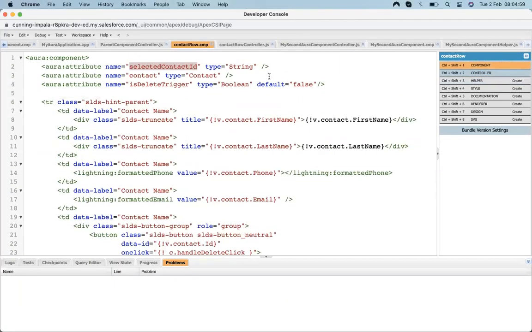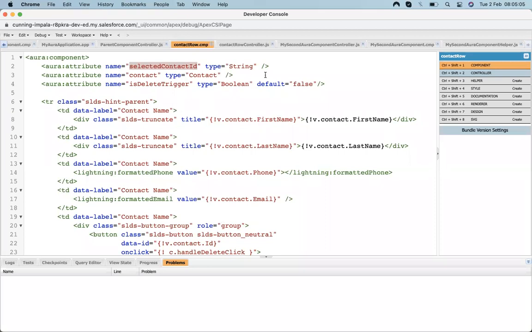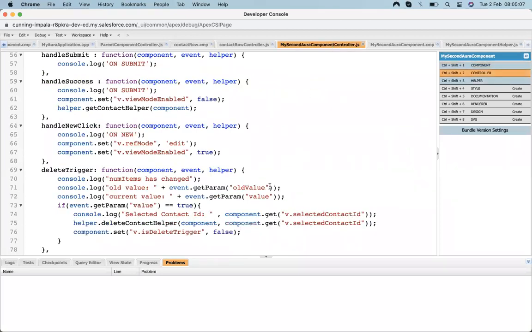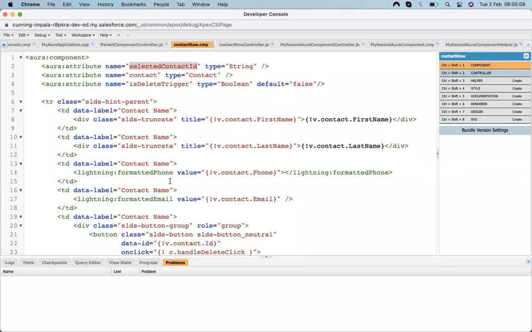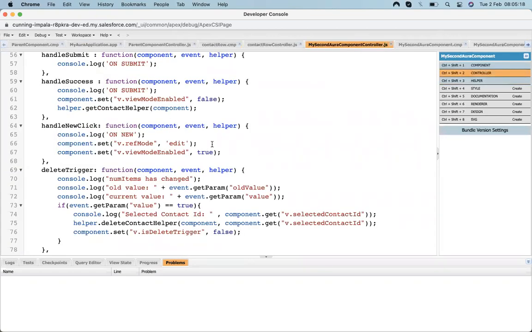That child component triggers an event of a parent component. You can see that here. Where's my second? Yeah, this one. This hits the component of a parent.